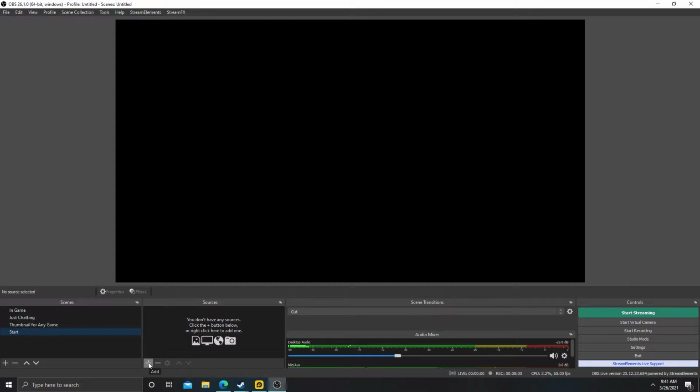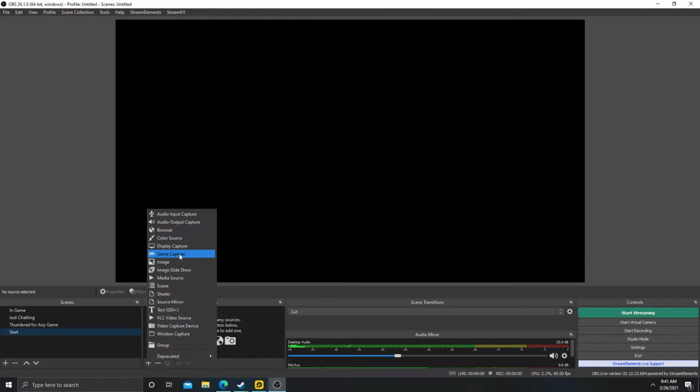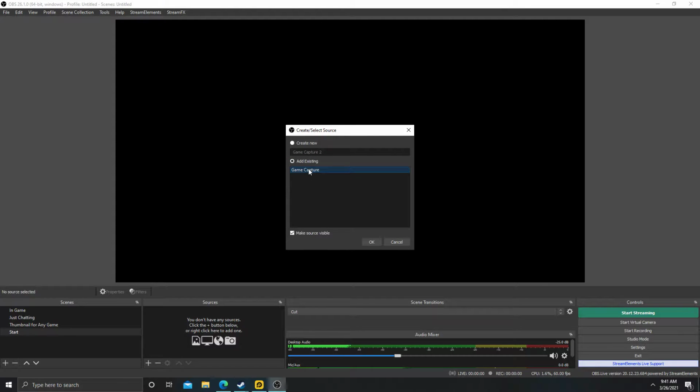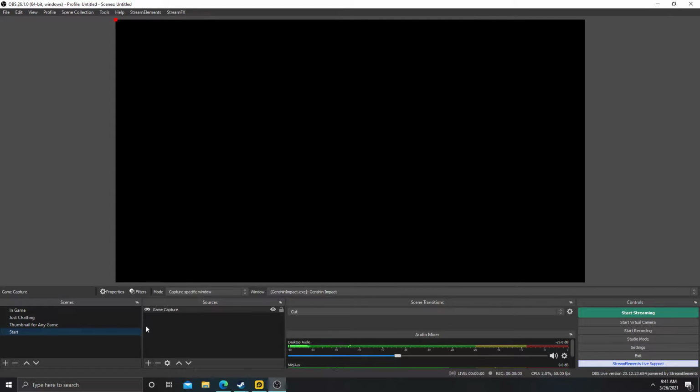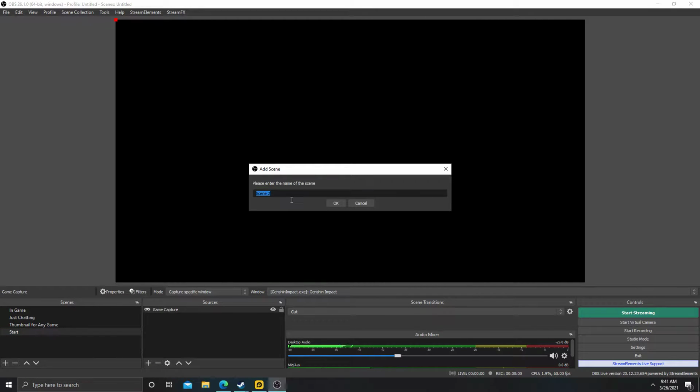If you want to add any screen recording here, you should always use game capture instead of desktop capture, because when you press Alt Tab, the other people will see it, and it is not appealing to all viewers, especially those who are too focused. So if you want to take a break,